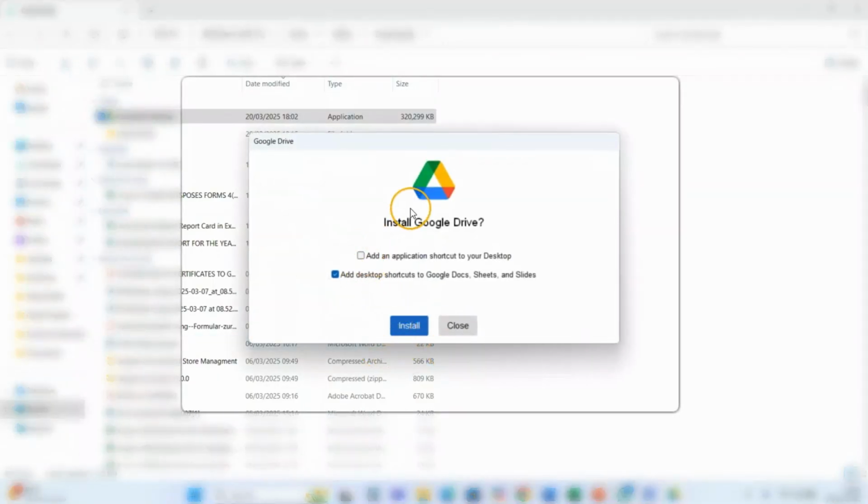Once it's running in the background, click on yes, and then we have this pop-up. You can add an application shortcut to your desktop, but I don't want to have that. It also says add desktop shortcut to Google Docs, Sheets, and Slides. No, I don't want that either.